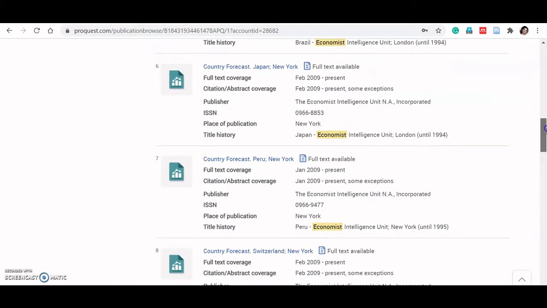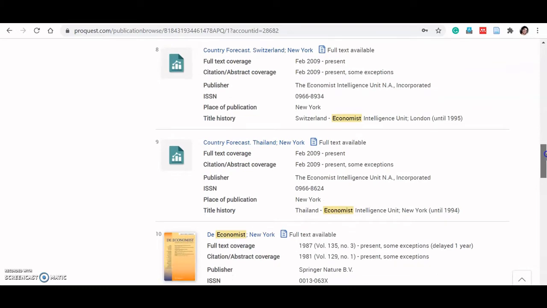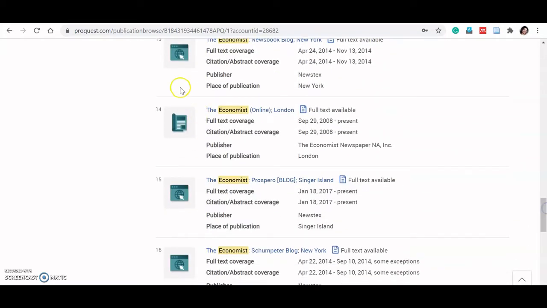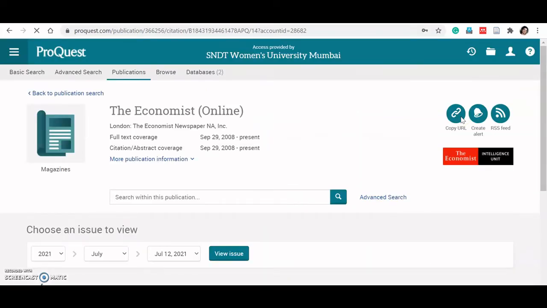Here you can scroll down. See, The Economist Online London. This is what I am looking for, so you can just click here. And here it is, this Economist newspaper.